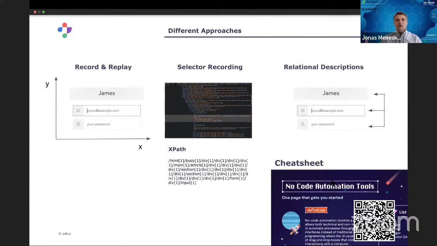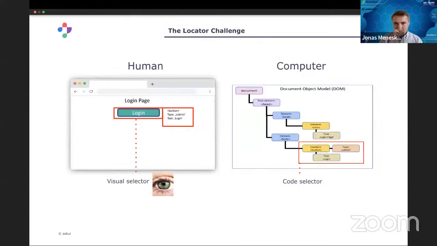All right, and now that you have these approaches for how to find elements and how they actually work, we have the first challenge, which I will call the Locator challenge. The Locator challenge is basically the challenge of no-code automation tools: how can I find elements in the UI? Most no-code automation tools are really good with web applications because there you typically have a DOM and you can record a lot of XPath selectors and CSS selectors, and they all kind of work.